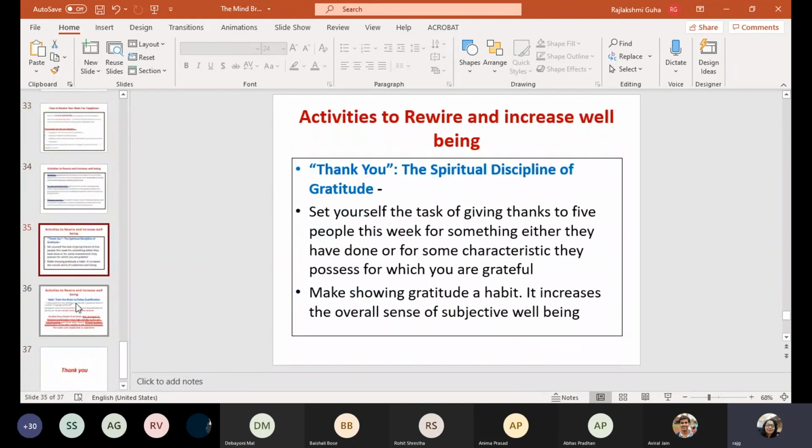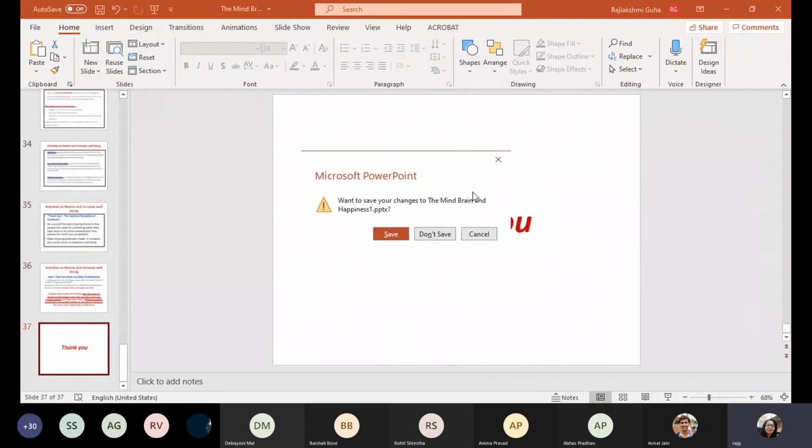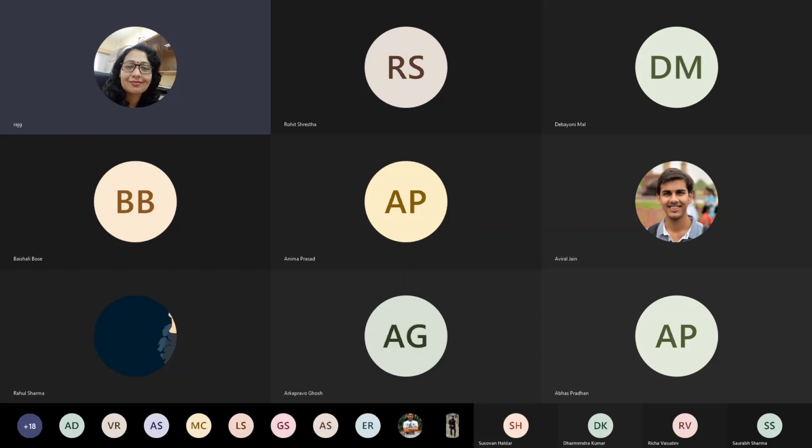In the next class, we'll start with something called neurophysiology of emotions. It's a little, you might feel it a little dicey, but what I will try and do is I'll try and make it as simple as possible, and we will do some exercise in the class that will